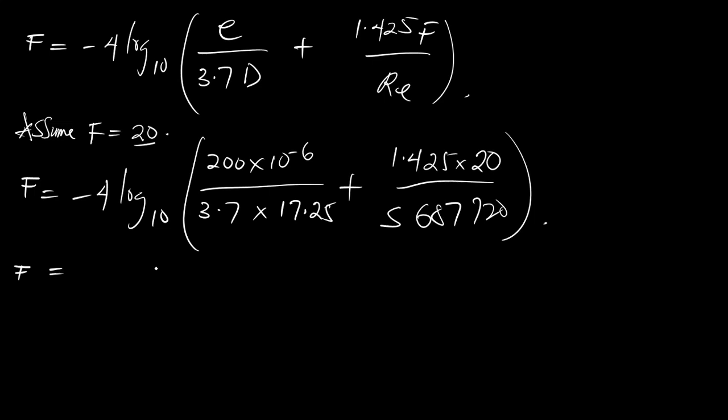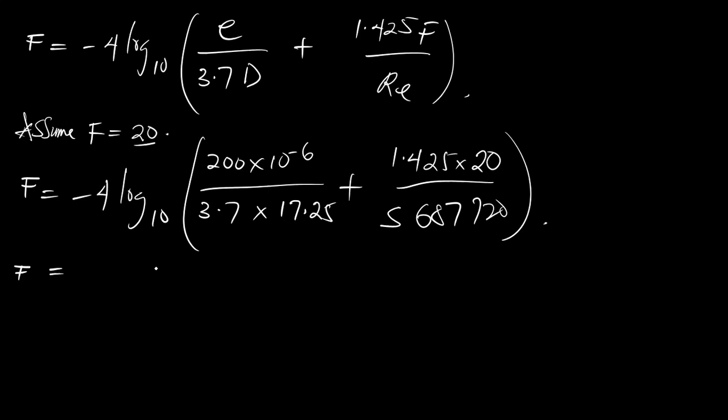Now if this F we calculate is far from the assumed value of F, we now make the calculated value of F the assumed value and use it to recalculate till the difference is infinitesimal. So that is what we're doing now. Now let's calculate the F there now. So we have